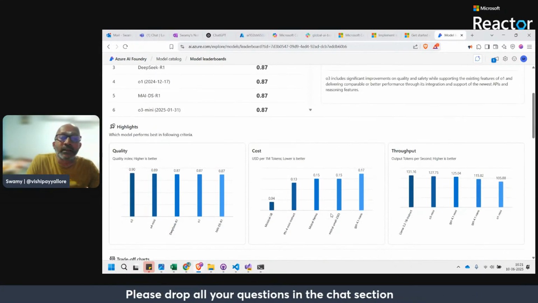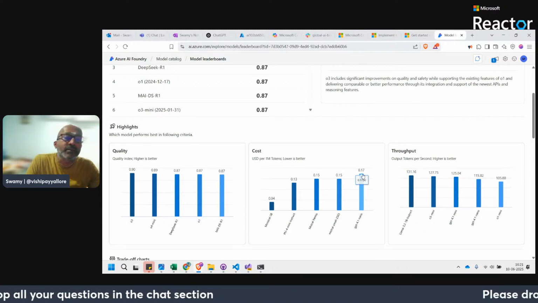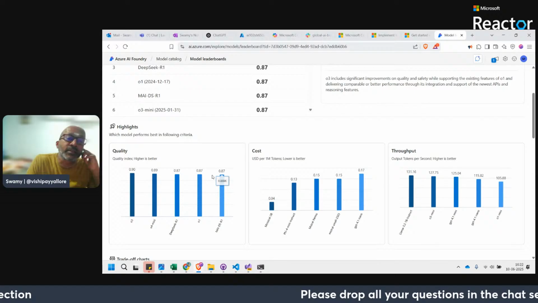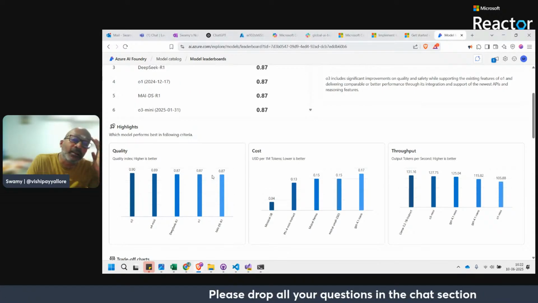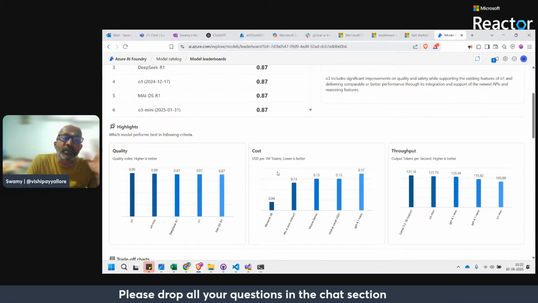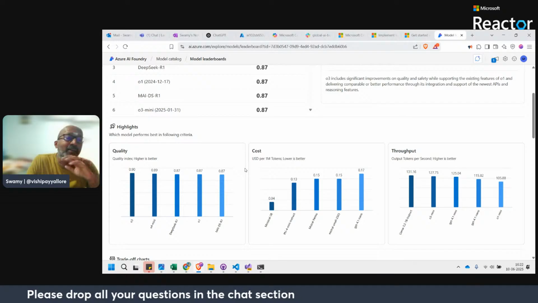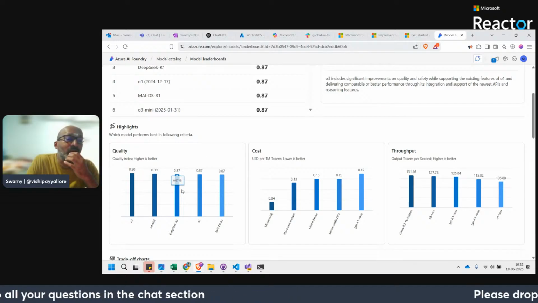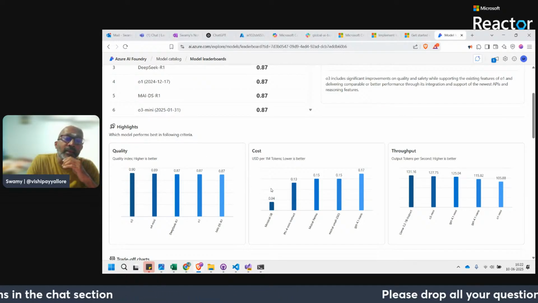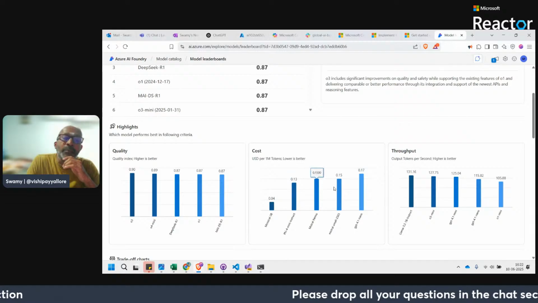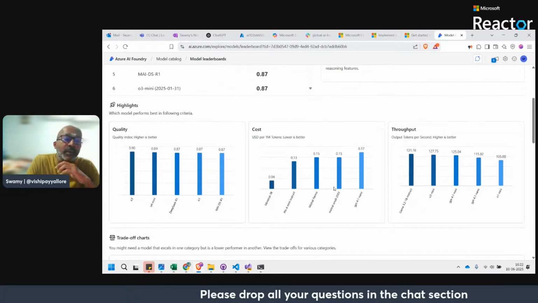We can see that GPT 4.1 nano is something like 0.17, and something is 0.87. I mean, sorry, from the cost perspective, I don't want to compare two different things. From the quality perspective, it is this one, and from the price perspective, this one, and the throughput.